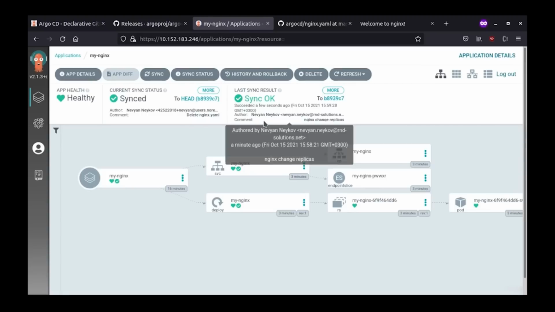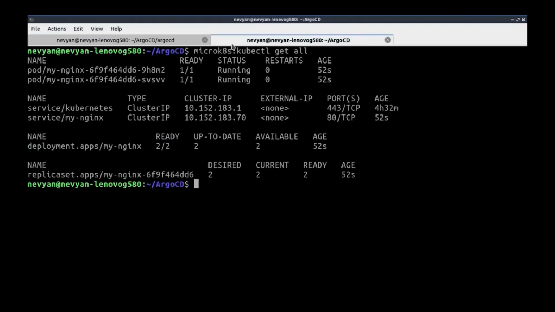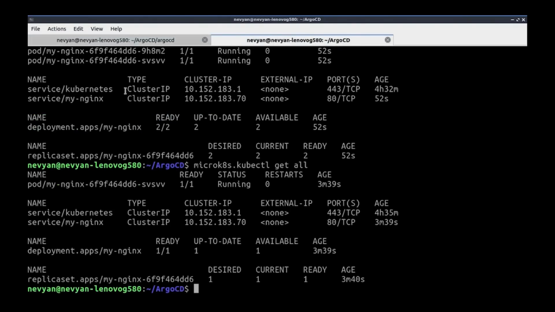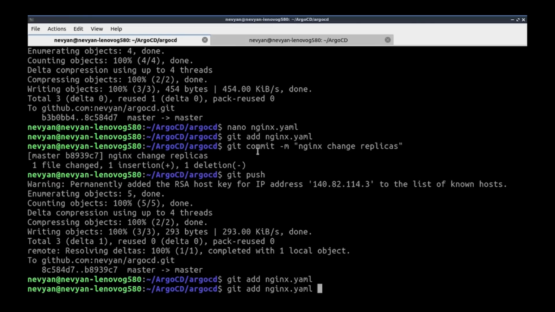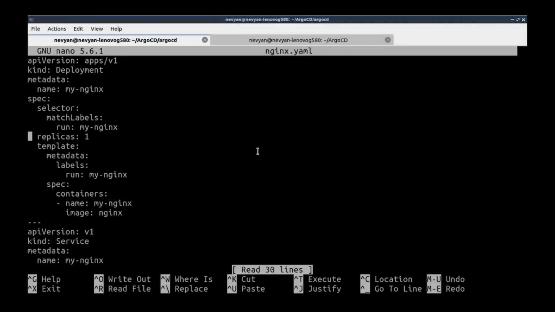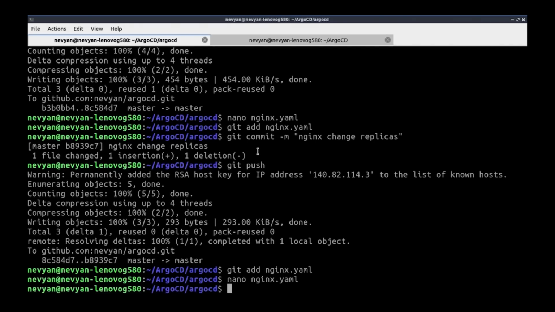So now if we go in the terminal, we can check this. If we go ahead and type again get all, we see just one pod here. And that's basically how the process goes. We declare our configuration inside of configuration files, and then we make changes to them. We push those changes, and from then on, Argo CD takes care of keeping the cluster configuration synchronized with our